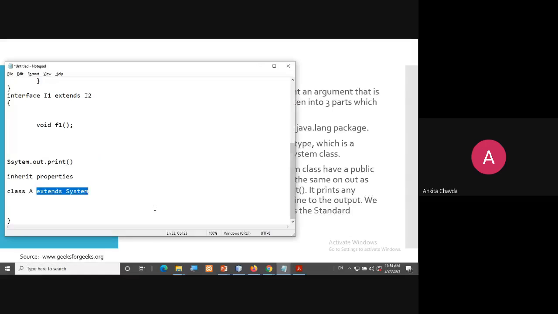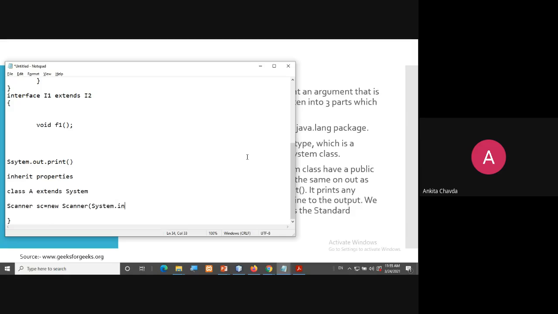If you remember, whenever we are creating a Scanner class object, we write new Scanner, and inside that we write System.in. So what is this in? This in is nothing but a built-in object for taking input.